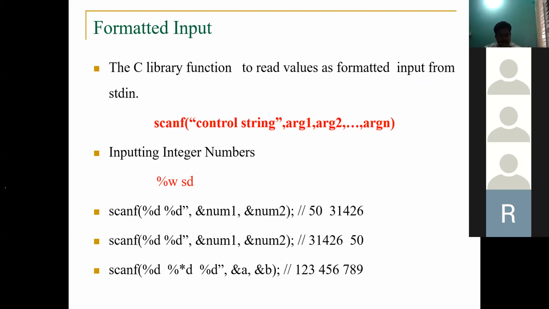Sir, in the previous screen, is there a mistake in the last line? Scanf %d star? There is a star in the second percentage D. See, the star. It's not a mistake. It's a skip. It's a deliberate attempt of skipping the input, which means that I don't want to accept